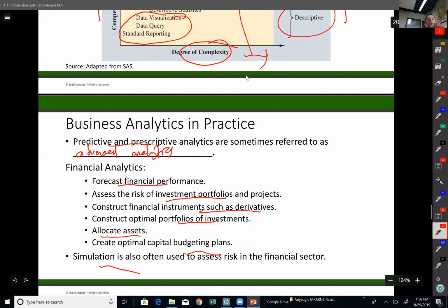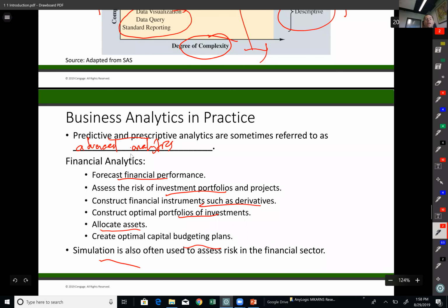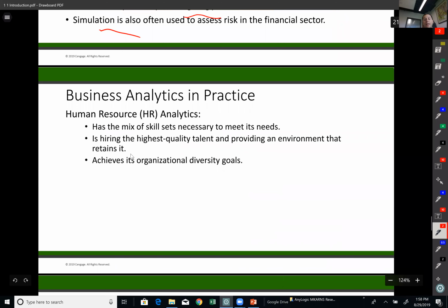All right, so in HR, we also see several business analytics applications, such as finding the right skill set, hiring the right people, good talent, and retaining those people, and achieving our organizational goals. If you collect data about the performance of the people that we hire and other companies hire, we can understand and cluster them into groups, and it will help us to have better practices in terms of hiring, firing, and promotions, and so on.